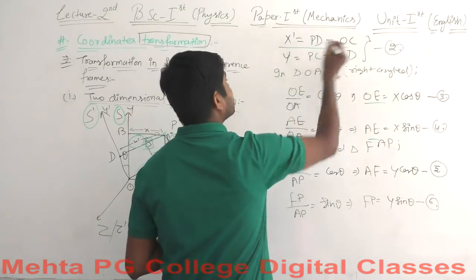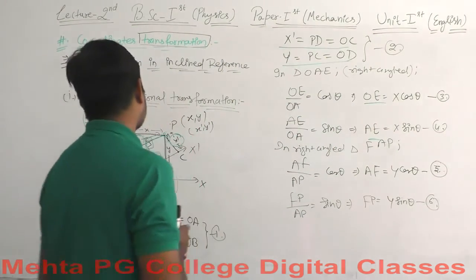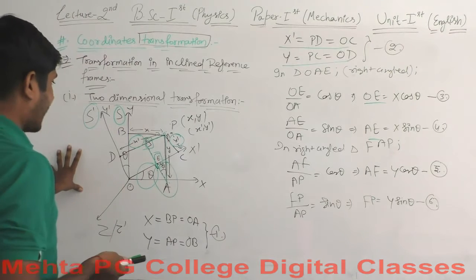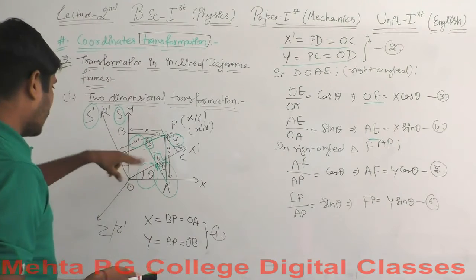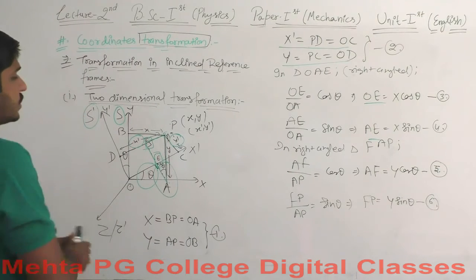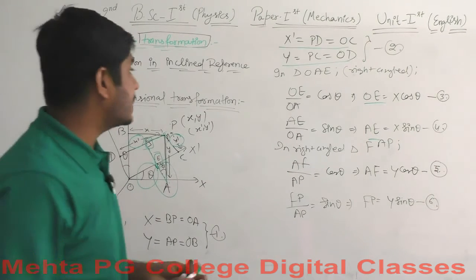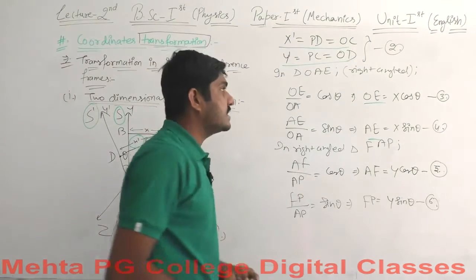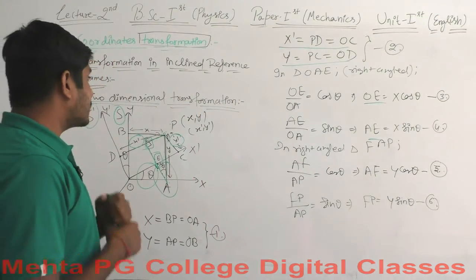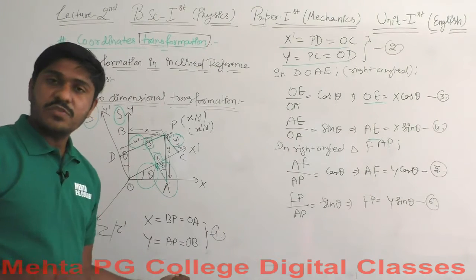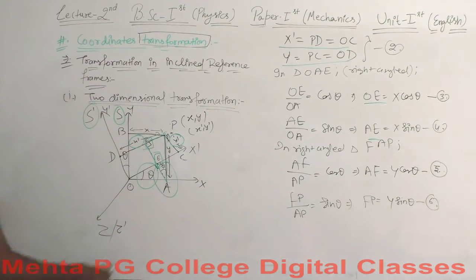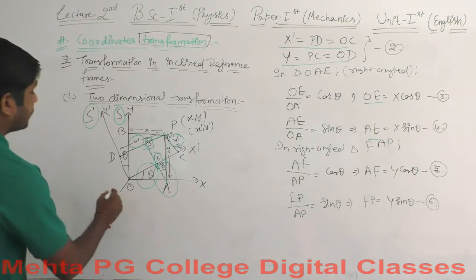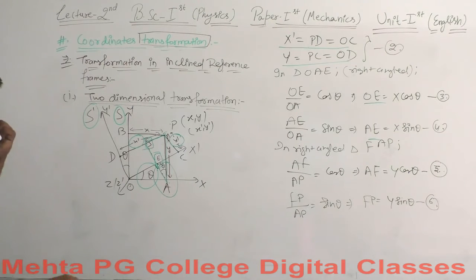We have said that x dash is equal to PD and y dash is equal to this. So we are going to use all these equations for x dash, which equals PD, and y dash, which equals the value PC. We have two values here. Keep all these equations in mind. Well, I need a workspace, so may I clear this off? Yes, I must, because we need some space here. This is no longer needed. You can consider the z axis has the same direction, so it doesn't matter if you draw it or not.